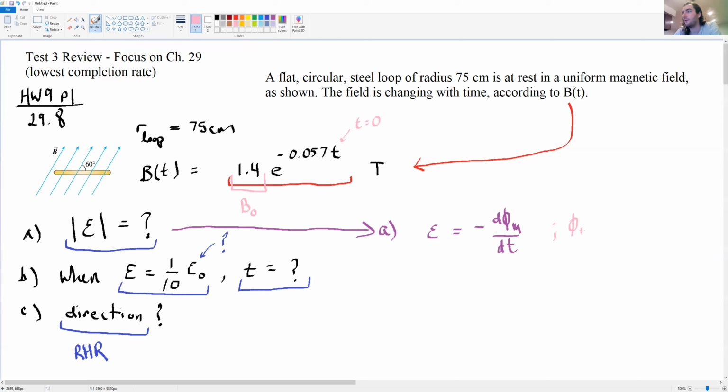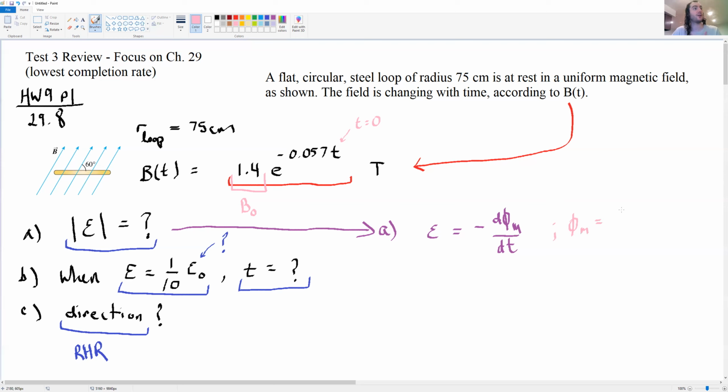What is the magnetic flux? How do we calculate flux? Tien says BA cosine of some angle. Good. So the magnetic flux, and in general, let's go ahead and write down the general form so that we